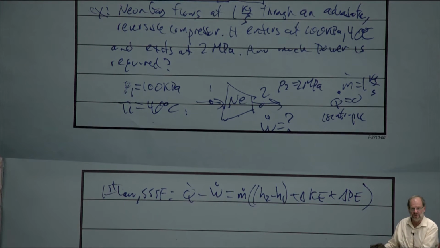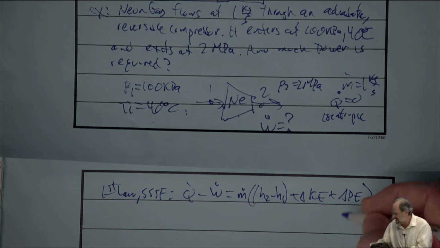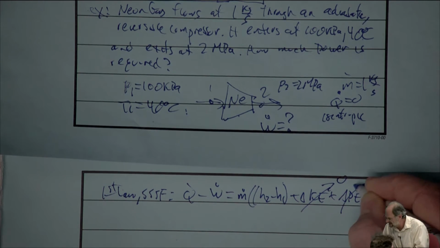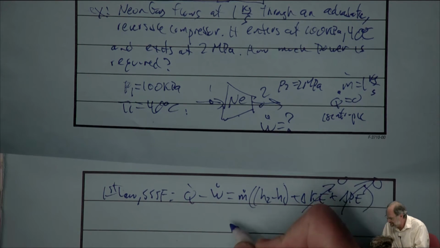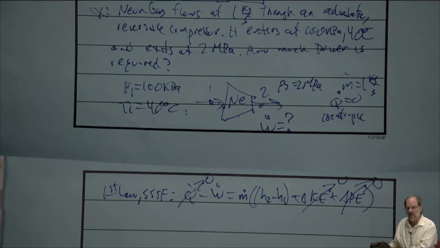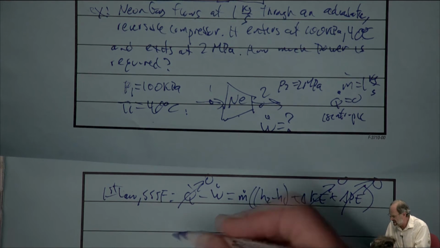Now, I'm not going to bother to write out those equations because, quite frankly, we're just going to neglect kinetic and potential energy change. First of all, we don't have enough information to find that even if we wanted to, right? We do know the mass flow rate, but unless we knew the physical size of the inlet or the exit pipe, there's no way that we can find the velocity. So we just have to assume that there's no velocity change. We have no choice. And same thing with height change, right? We know nothing about the difference in height between the inlet and the exit. So we'll just assume that both of those are 0. We'll note, of course, that the heat transfer rate is also 0 because it's adiabatic, and therefore